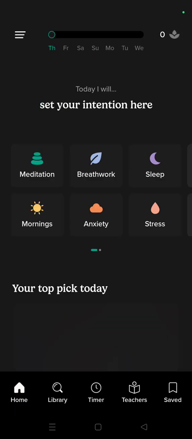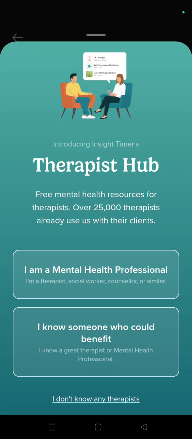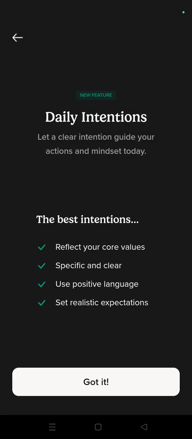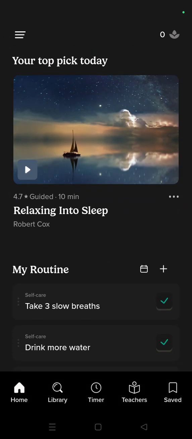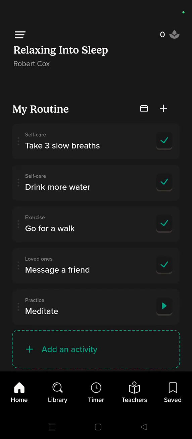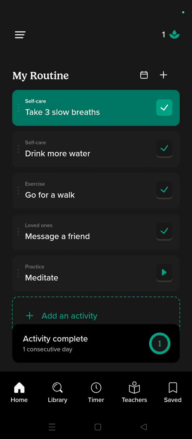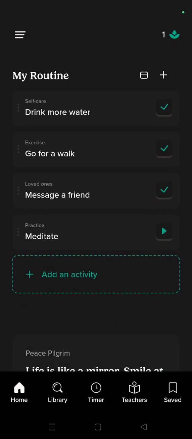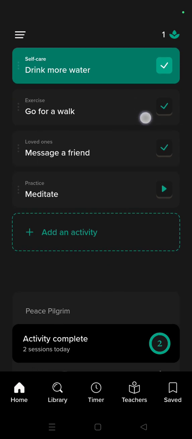So here you can see that you can write your intention for that specific day. And let's see, here you can pick your music or the video as well, and here you can recheck your daily routine. For a daily routine, like every task in the morning, if you do the task, just click on I have done the task. Let's suppose you have drunk the water, then click drink water, mark as complete. So that's how you can do these settings.